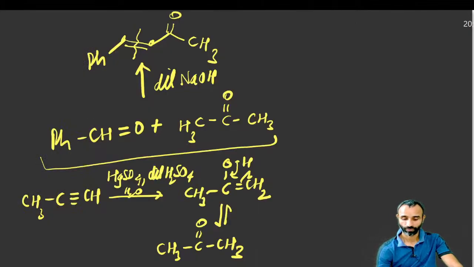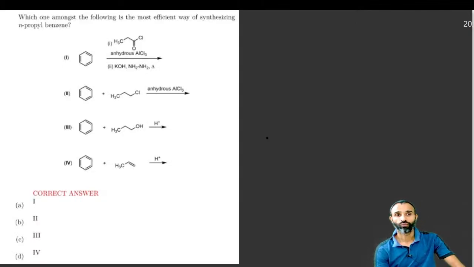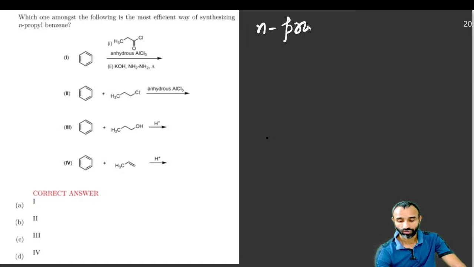Okay. The next question is, which one amongst the following is the most efficient way of synthesizing normal propyl benzene? So see, to get normal propyl benzene,